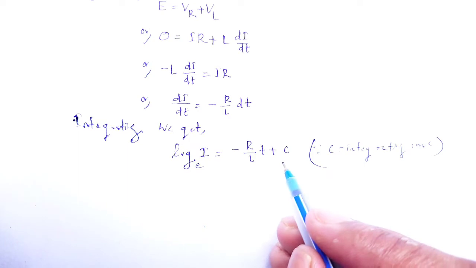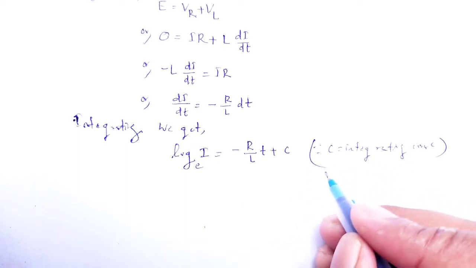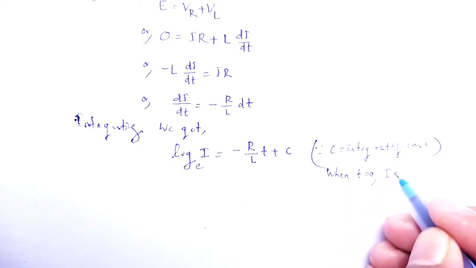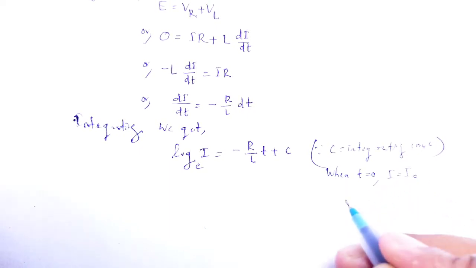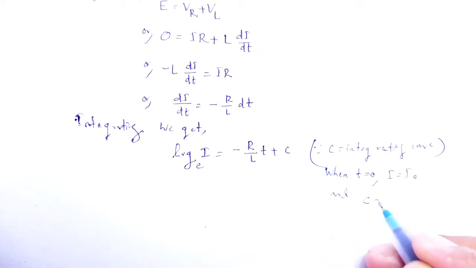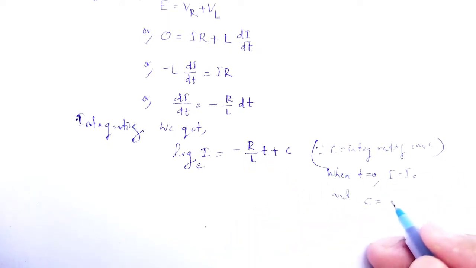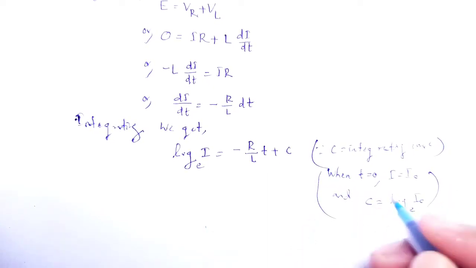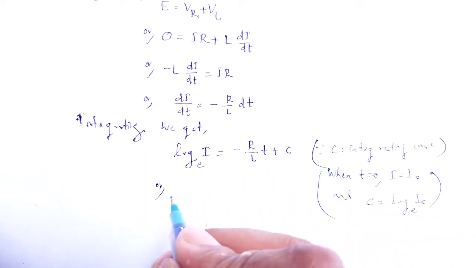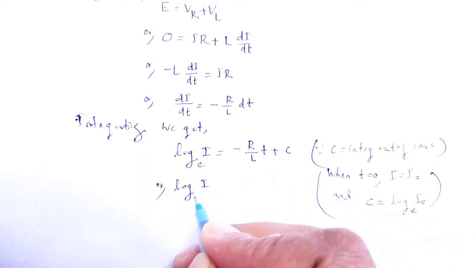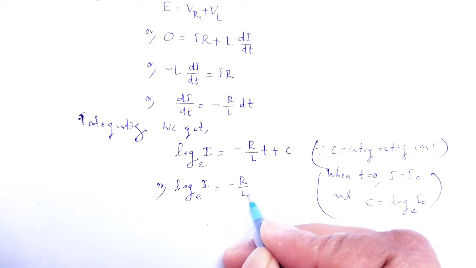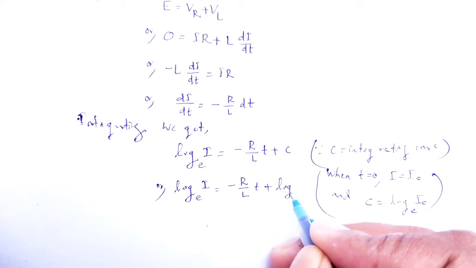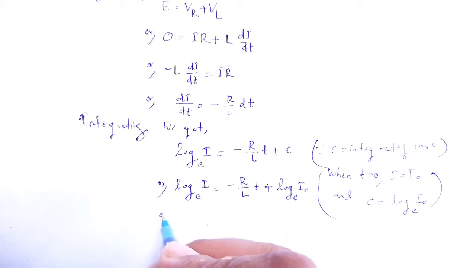Now, that value of integrating constant can be evaluated by putting the condition when t is equal to 0, then I is equal to I naught, and C, that integrating constant, will be log I naught base e. Now, put the value of C here, log I base e is equal to minus R by L t plus log I naught base e,